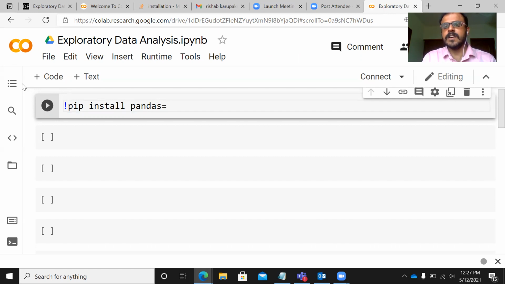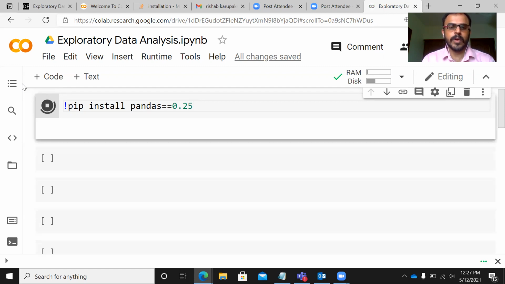Most of you would have installed Pandas already. However, for the purpose of this demonstration, I will be downgrading the version of Pandas, simply because the lower version of Pandas supports Pandas profiling package a lot better than the higher version. And therefore, I'm deliberately downgrading the version of Pandas that I'm working on. This is the first step that you need to do. It may throw up a few errors.